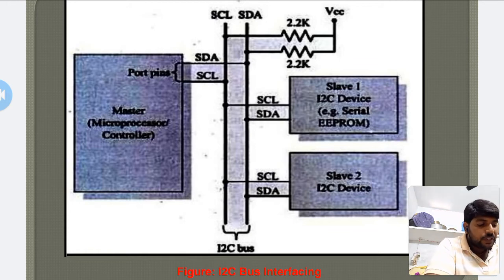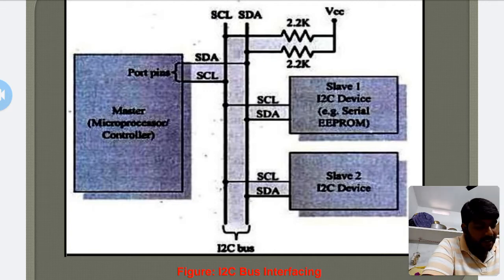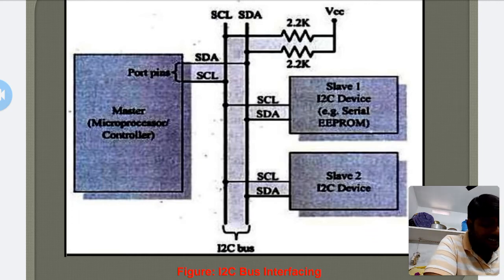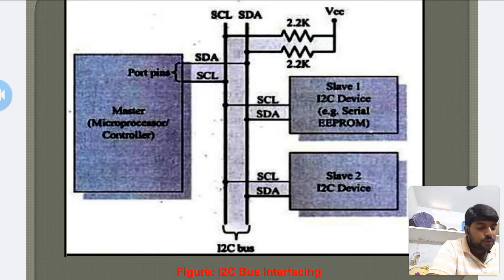So the I2C bus comprises two bus lines, namely the serial clock, SCL, and the serial data, SDA. SCL is for generating the synchronization of the clock pulse, and SDA is responsible for transmitting the serial data. The I2C bus is a shared bus system to which many I2C devices can be connected. A device connected to the I2C bus can act as either a master device or a slave device. The master device controls the slave devices.